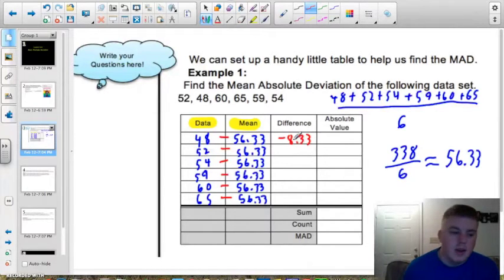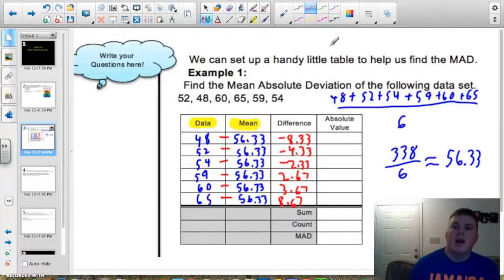8.33. I'm going to get negative 4.33. Going to get negative 2.33. I'm going to get 2.67. I'm going to get 3.67. And finally, I'm going to get